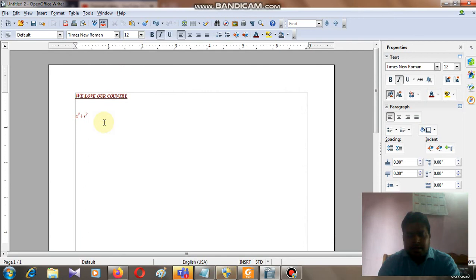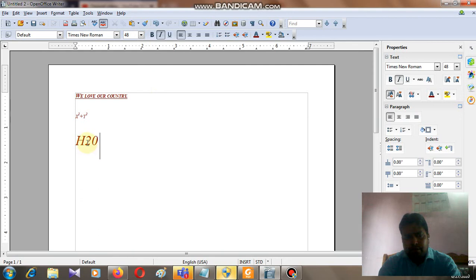Now try to understand subscript. Subscript means you are placing any text just lower than the normal level. In chemistry, people have learned H2O. Let me enlarge H2O a little so that you can see it. We have already explained how to enlarge it. I think this is visible.